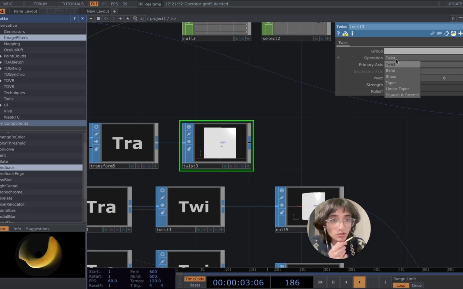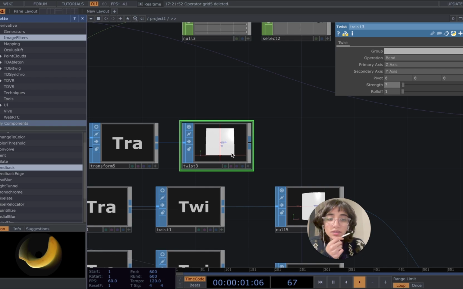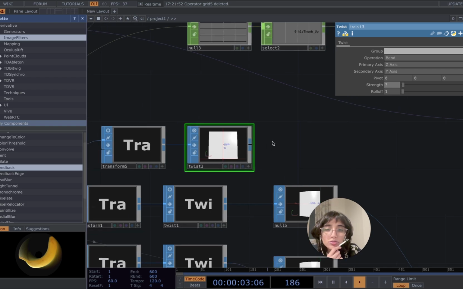Once again, change your operation to bend, and your axis should be flipped. Yep, do you see how it's flipping? That's the peelable sticker I want. And then we're going to connect it to